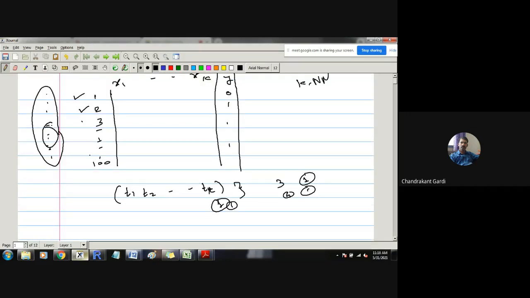If there are 1,000 observations, then every time this k tuple is to be classified, we need to find these 1,000 distances. This is a k tuple, and these are the 1,000 observations. From each and every observation in the database, the distance of this k tuple needs to be determined, because unless we do that, we cannot find out who the nearest neighbors for this particular k tuple are. Therefore, whenever an observation comes in, this process will start calculating distances, and it is going to take much time.